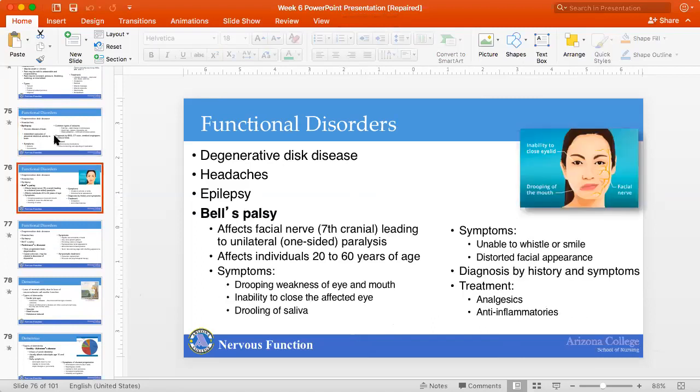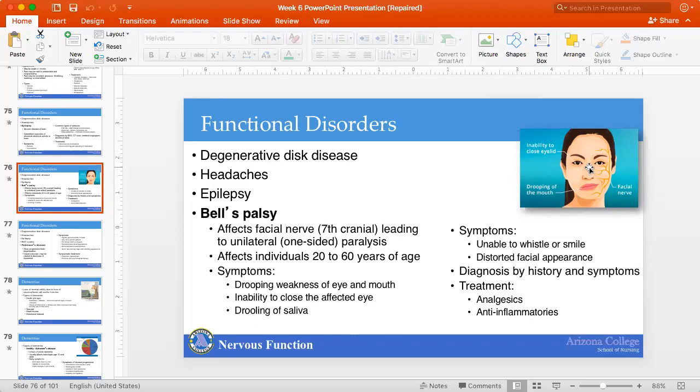Bell's palsy, what this is, is a paralysis of the seventh cranial nerve, also known as the facial nerve, leading to this unilateral paralysis. And what you'll see is